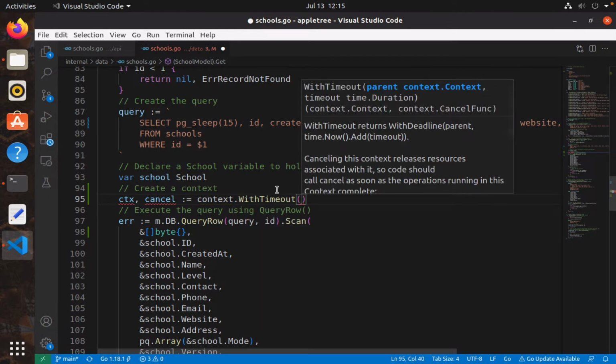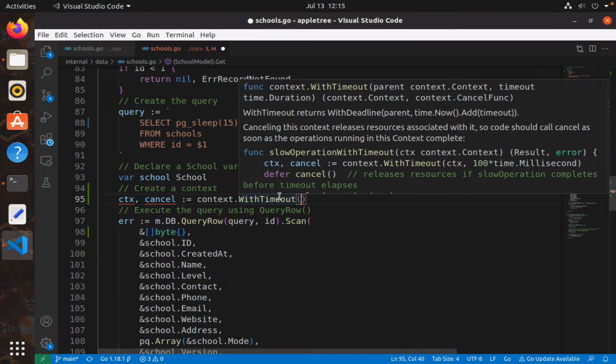So what this does, it allows me to check on the time that certain things are happening so that I can decide what to do, right? So canceling this context releases resources associated with it, all right? And as you can see, it returns two things, a context and a cancel function,